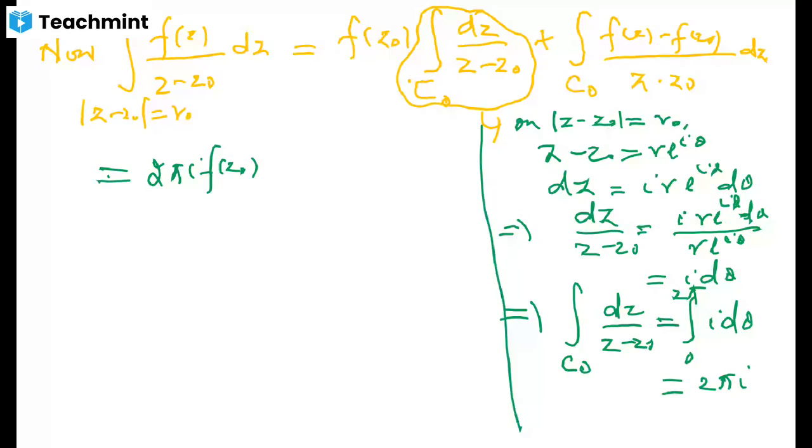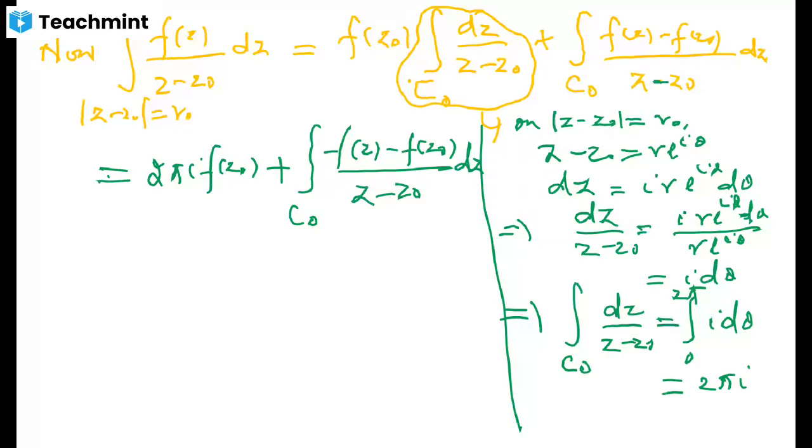But we have an additional integral also there, which we do not want if we want to establish the Cauchy integral formula. What is to be done for this is to show that the value of this second integral on the right hand side is 0. So let us try to deal with this now. Let me call this the second equation.